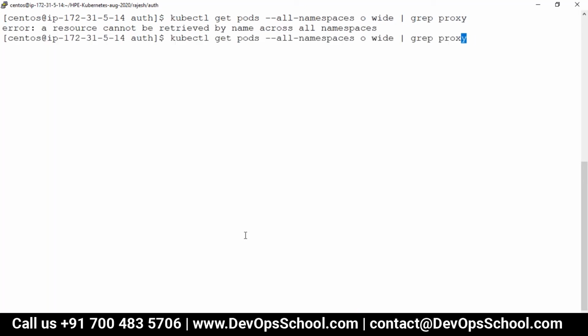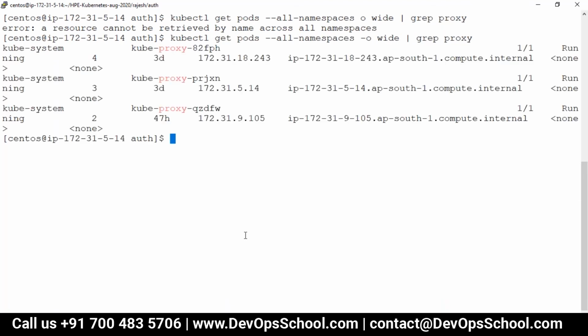See here, I have a 3-node cluster and 3 proxies. This is running as a daemon set. How do I know? kubectl get ds, daemon set, but it's not there. Where is that? Any idea?